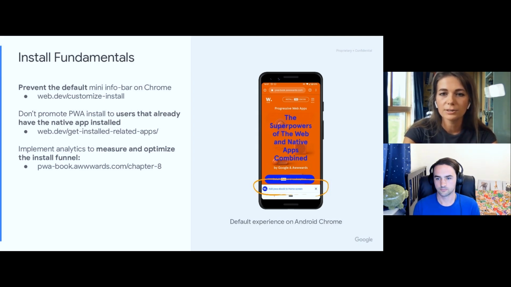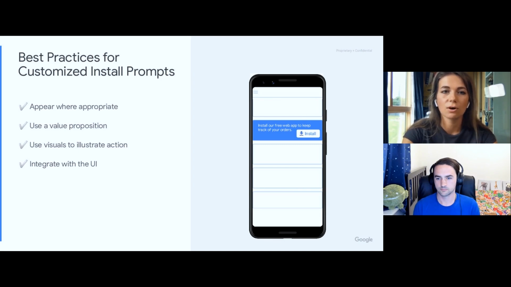Okay, so now moving on to some basic best practices of a good install prompt or a good install experience, right? So apart from preventing this default experience on Android, you should also consider showing this prompt when it's appropriate in the right moment of the user journey, right? So that the user considers it and it adds a value to them.